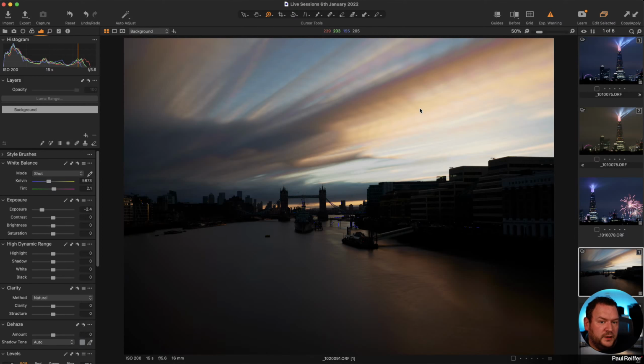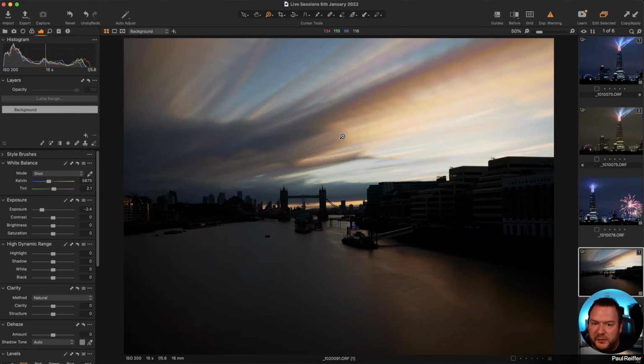My suspicion with it is maybe it's something to do with the filter that's in use. Maybe there's some repetitive pattern in the filter and the lens is struggling to resolve through it or something like that. But there is something weird going on here. It may be that this is a natural phenomenon, this banding going on in the clouds, because it doesn't exist in the sky and it actually gets wider. The sections get bigger as they get further out to the right hand side.